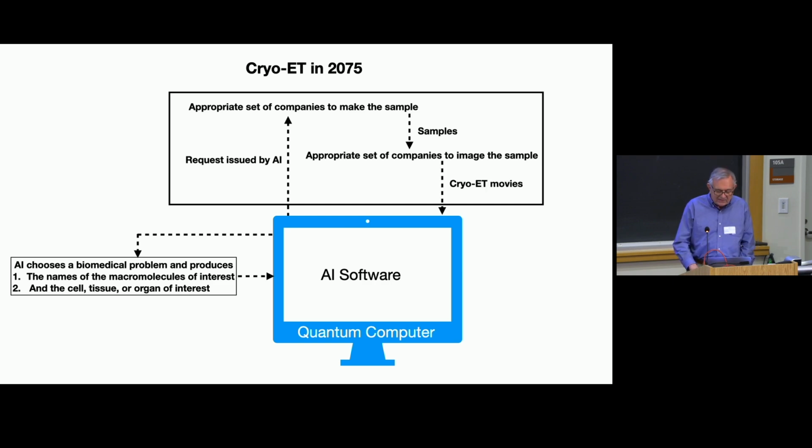So the cryo-ET movies are then inputted to the software. And of course, it appears in a paper in a new publication, Nature AI. The artificial intelligence selects a paper, edits a paper, reviews the paper, publishes a paper, and there's no need for you to read it because it will supply in your email a synopsis of the paper, the bottom line. So this is